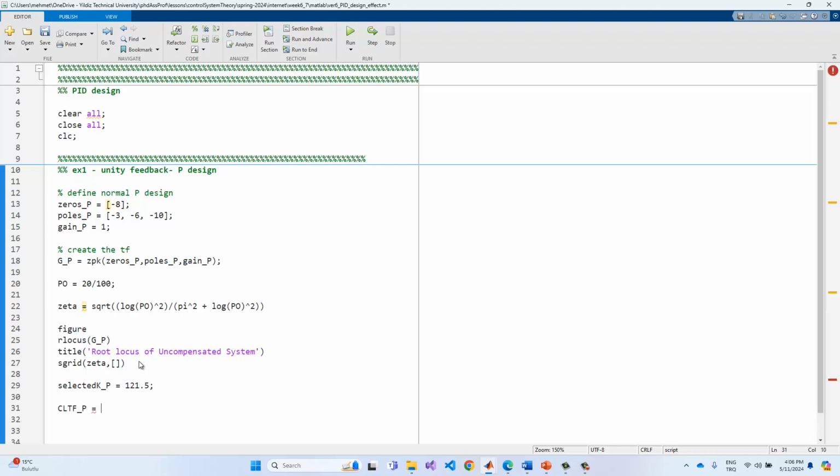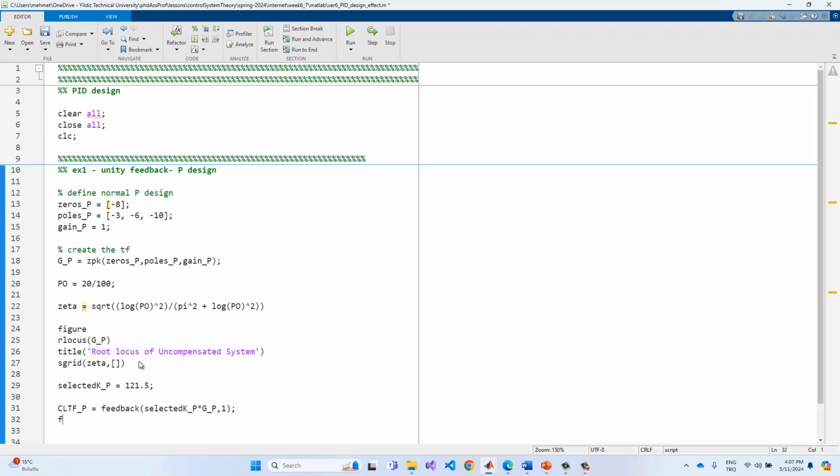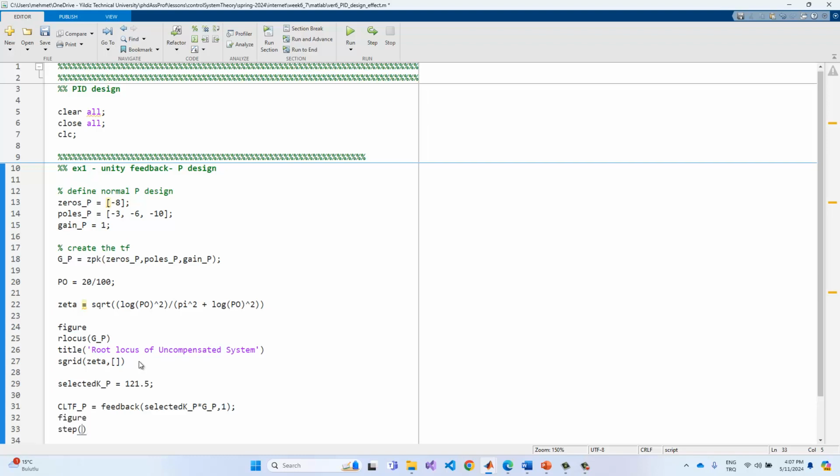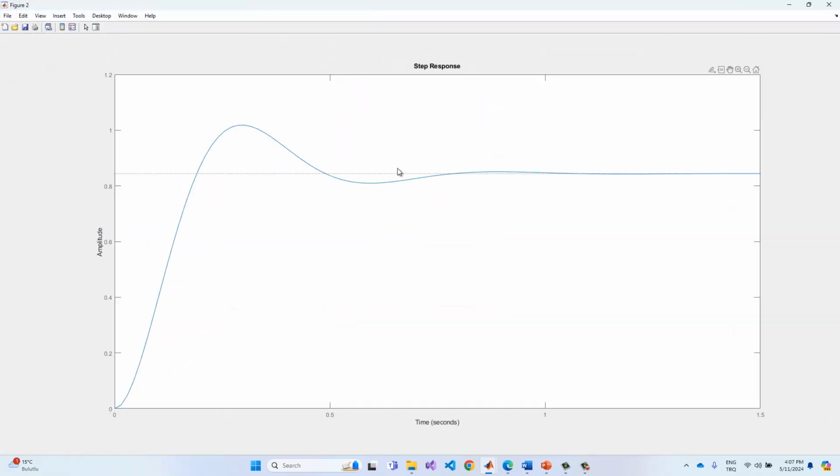CLTFP feedback can be called in here: selected KP times GP, unity feedback 1, and figure the step signal CLTFP 1.5. It's the second. Okay, and if I run this code, then we will have these